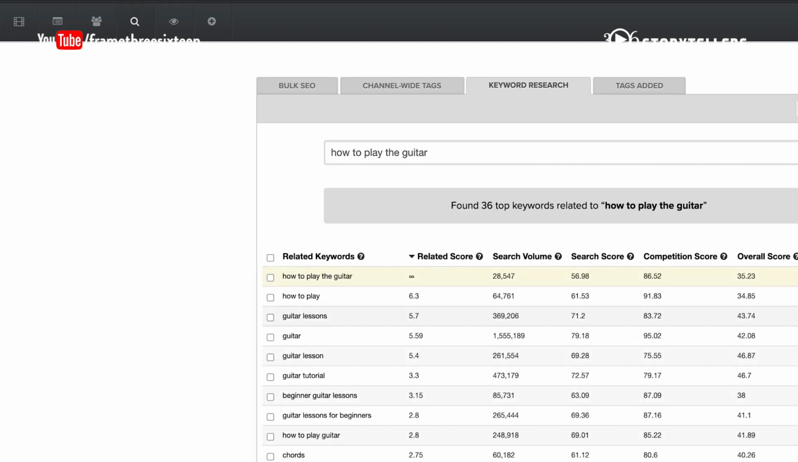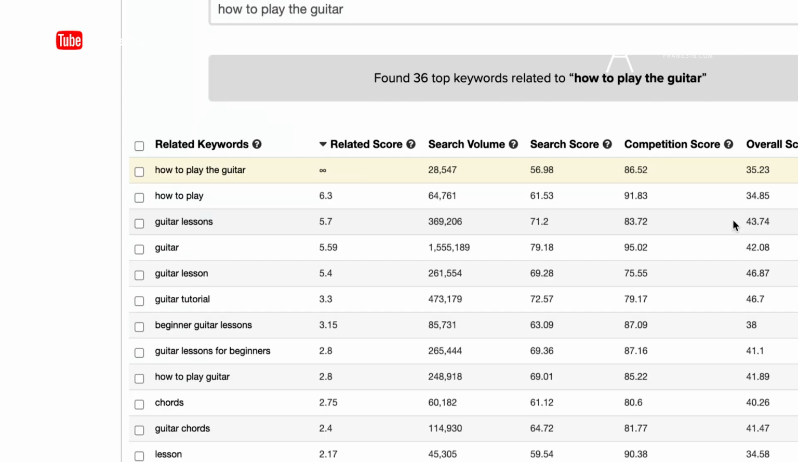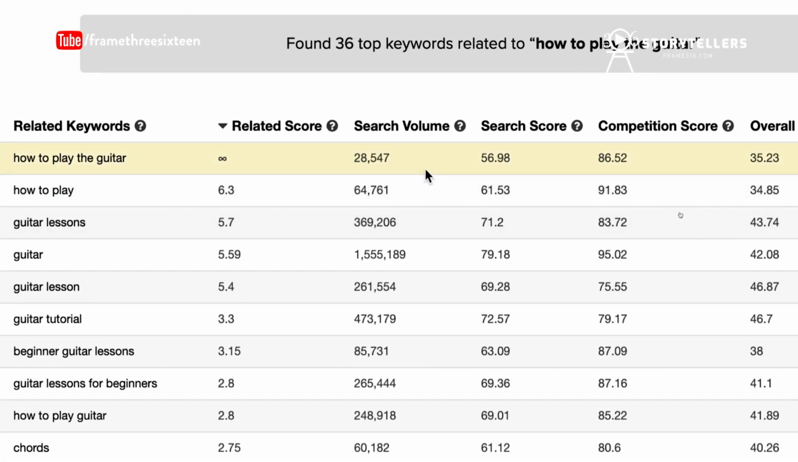And vidIQ would give us this data. So the data that you're seeing on your computer is basically search volume, search score, and competition score. The idea is you go for a lower competition number, so you're not competing against tons of established YouTubers or content creators. And for search volume, you would probably want to start competing with something from 1,000 to 100,000